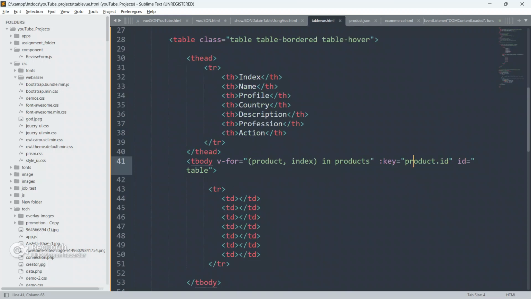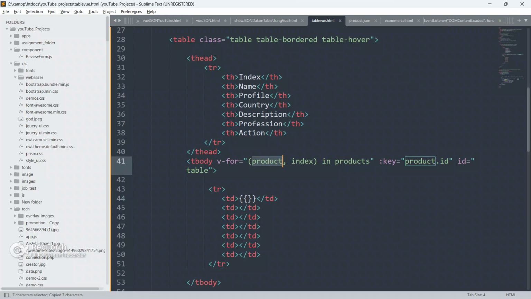Now just go to the code editor again, and I am doing this product.data. Now we can easily loop through. I have already told you, if you want to evaluate some expression or run some code, we have to put everything inside double curly braces. Inside Vue.js, it's mandatory to use double curly braces. Only then will your expression be evaluated, and you can see the output in the browser.